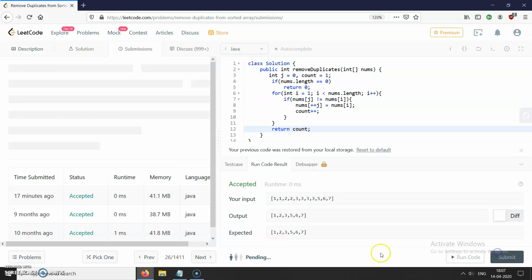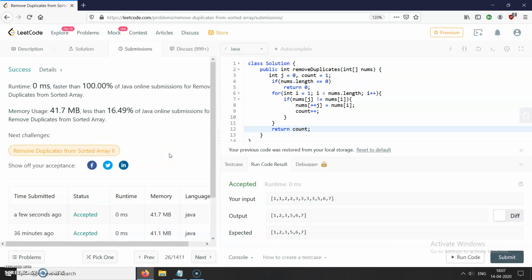As you can see, I have submitted this code. Oh no, I haven't. So let me check if there is anything wrong with this code. As you can see, our code is running successfully,